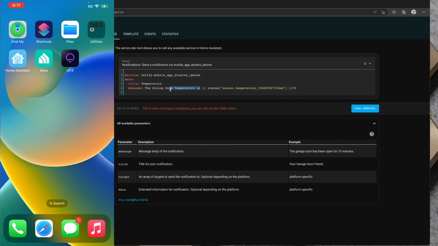This also works with state attributes. So the battery level of the dining room temp sensor is, and I can change this to state underscore ATTR, and after the sensor name, a comma, and then inside here battery underscore level, and I can change this to %, and I can tap call service again, and we get the battery level of the dining room temp sensor